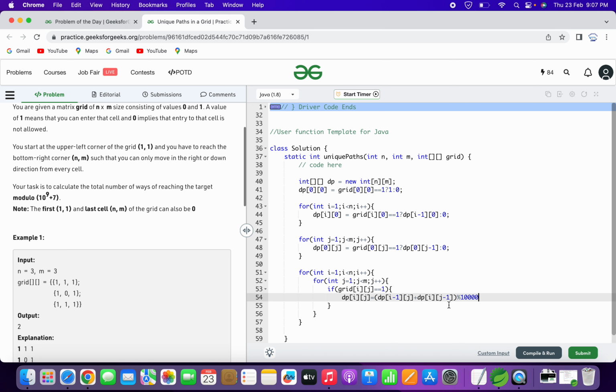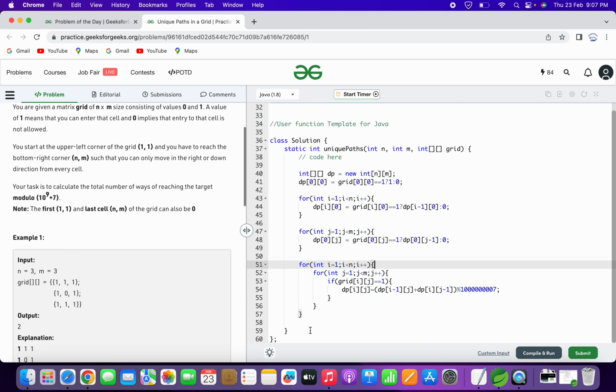That's why we are doing this. So it is 10 to the power 9 plus 7, modulus 10 to the power 9 plus 7. Okay, so once both for loops are done, then here what we will do,